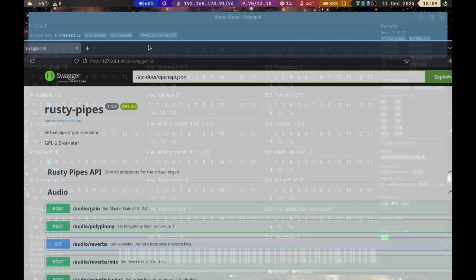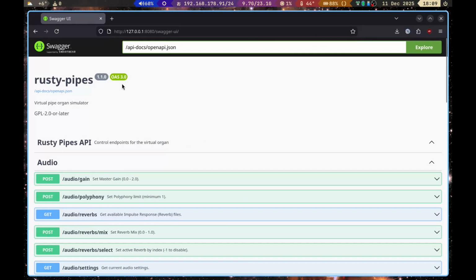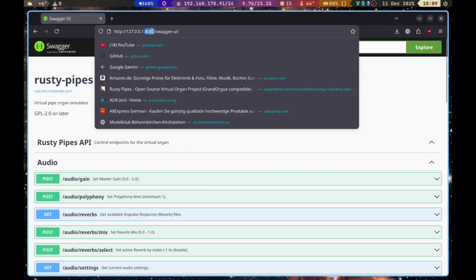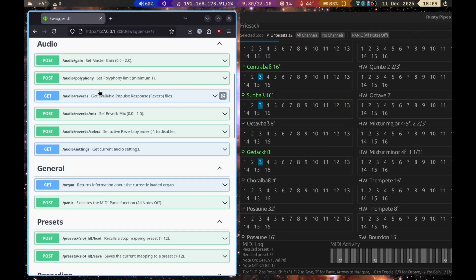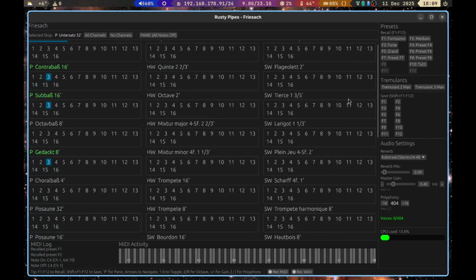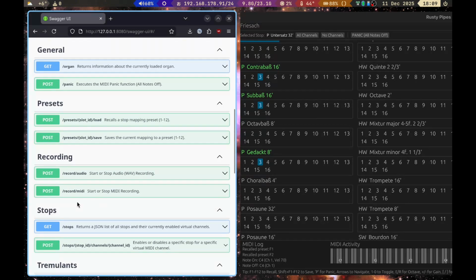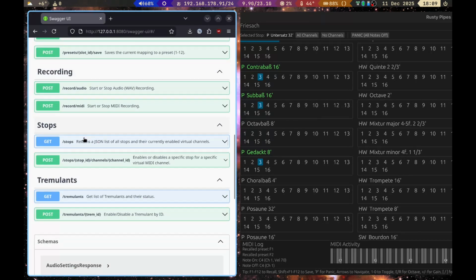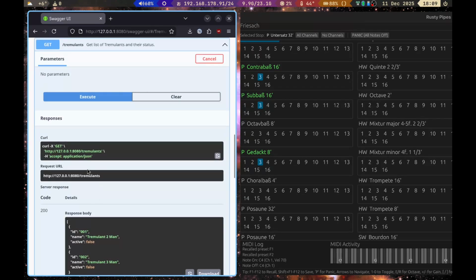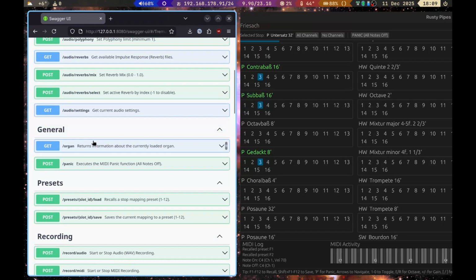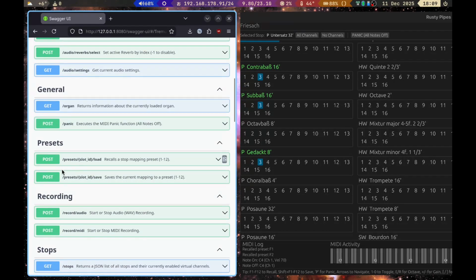The API is just on port 8080. You can just visit that with a web browser, and you can really do whatever you can do in the main user interface. You can do via this API. So you can get like the available tremulants, and then you can set the tremulants, or we could try